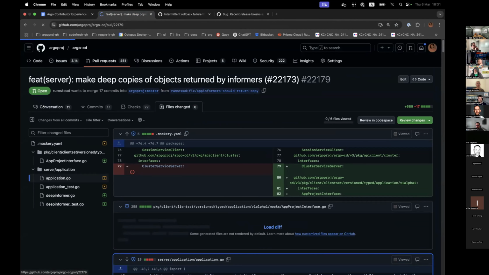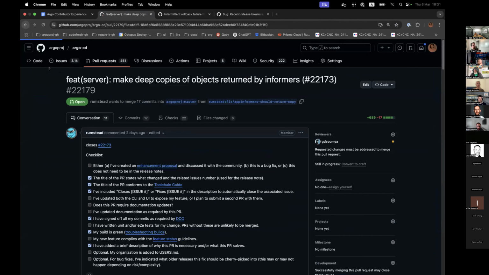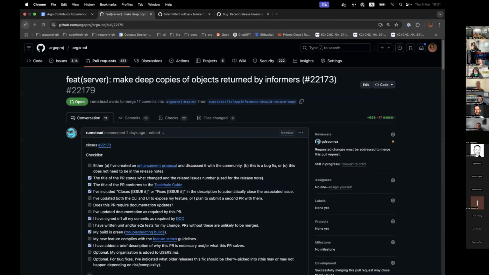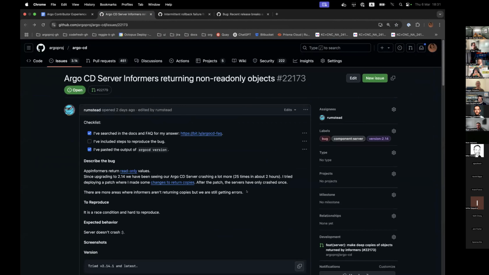Applications is really the biggest offender in this case. Whenever you ask an informer for an object, it returns a pointer to that application. And whenever you change that, like by trying to send it over protobuf or something, returning it back as part of the Argo server's watches or whatever we may be doing.